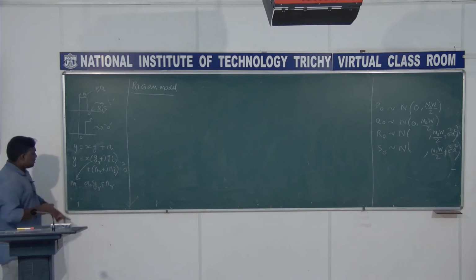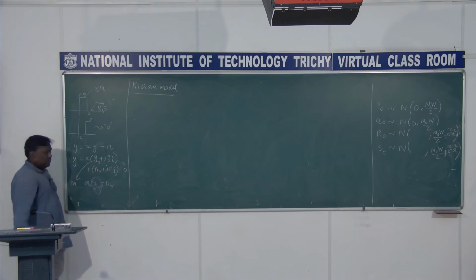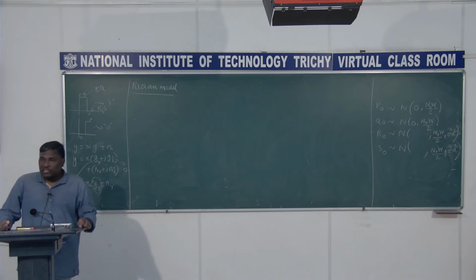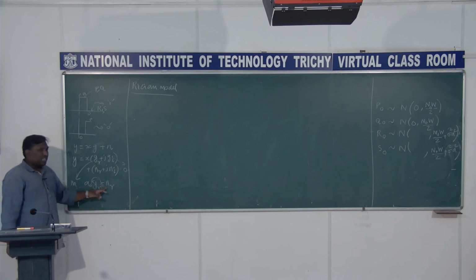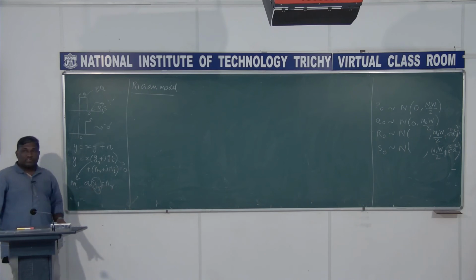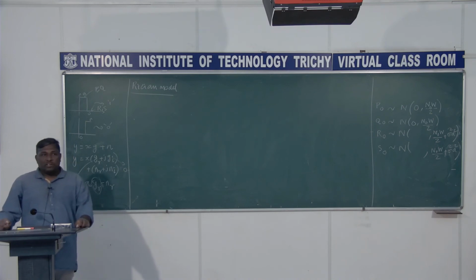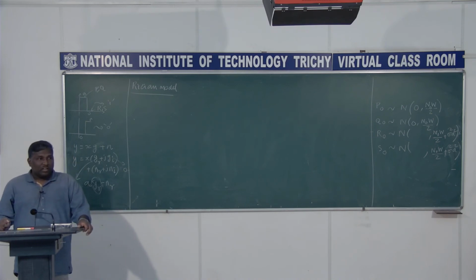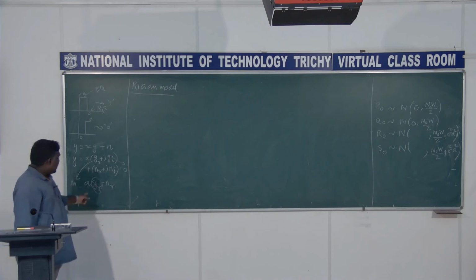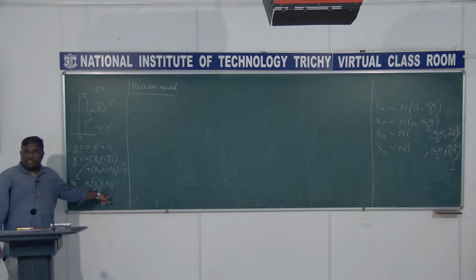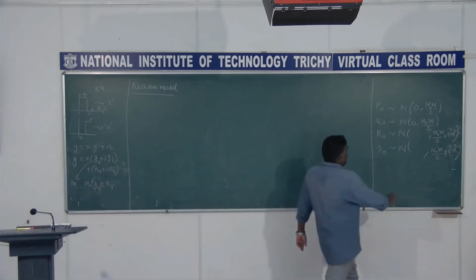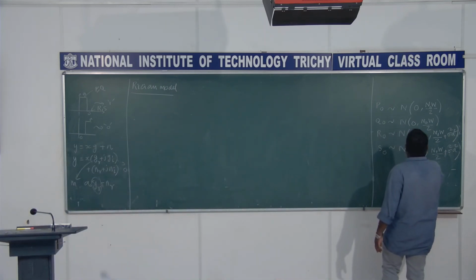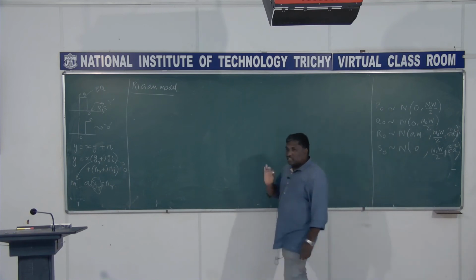But this GR does not have mean 0. So if I take this expectation, you get A times expectation of GR plus NR. What is the expectation of GR? I already declared that it is going to be M. So the mean is shifted to AM, right? A we already had here, A into M. Expectation of NR is going to be 0. So you get simply AM as the mean in this. But here it is going to be 0, there is no problem, right? So only this is the difference.